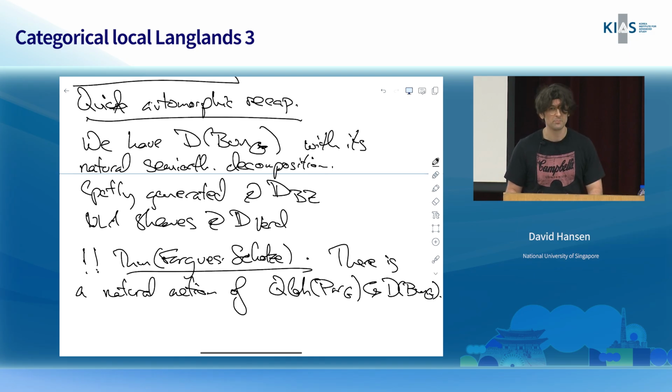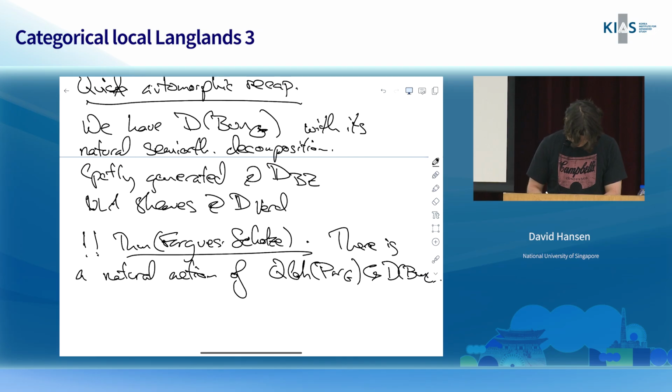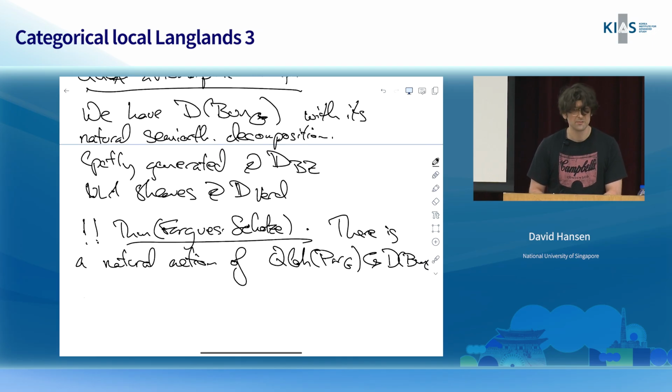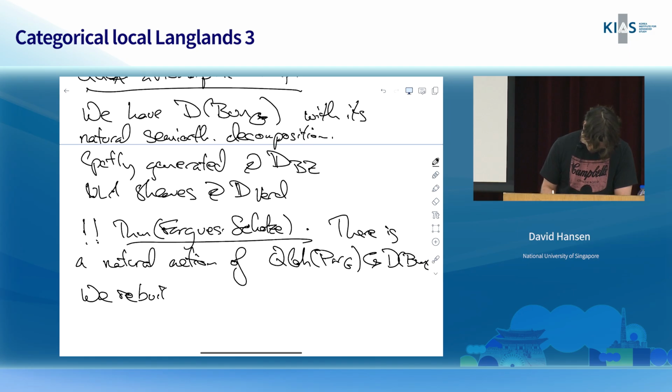But I do want to say that in the paper, we kind of rebuild the construction using this D-rel systematically in all steps. And the reason that we do this is because we needed some kind of duality theorem for this, okay? So in the last, right, I'm going to go 2 minutes over time. I hope that's okay. In the last however many minutes, I want to state this duality theorem, and then I want to tell you what the restricted sheaves on bun G are, and then I'll stop, okay? And so we rebuild this. And also prove